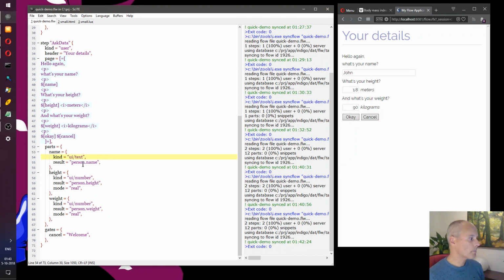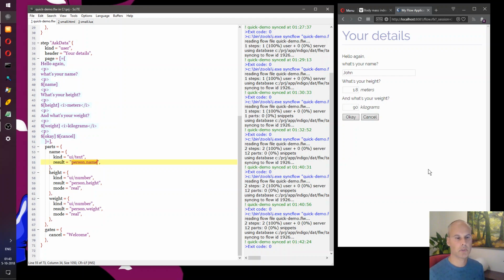Why? Because these parts are smart enough to know where they store things. So for instance, for the name field, I said whatever the user enters, store it in this particular location. And if it moves away from this step, John will be stored in this particular location in what we call the session context.